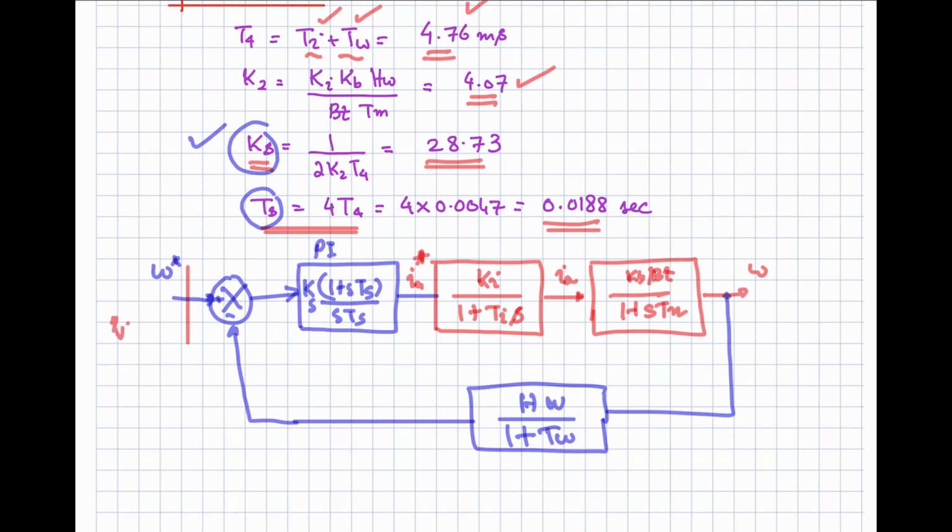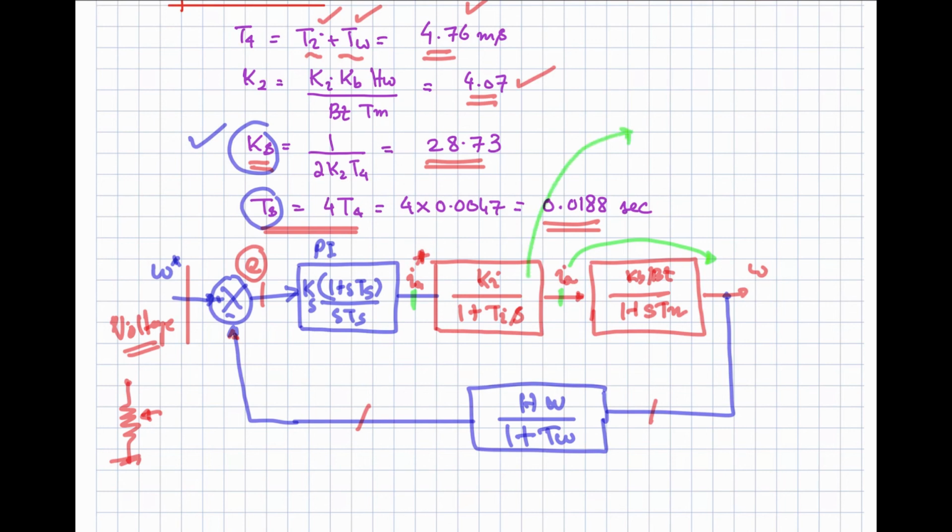Some voltage will be applied at this point from your potentiometer or some other mechanism that is setting the reference speed, and the speed sensor takes this speed input and gives you the corresponding voltage signal, and that will be compared with that one. The error will be fed to this PI controller. This will decide the current to minimize that error, and then that current will be realized in your machine through this current loop, and then reflected in terms of the speed with the help of this transfer function.